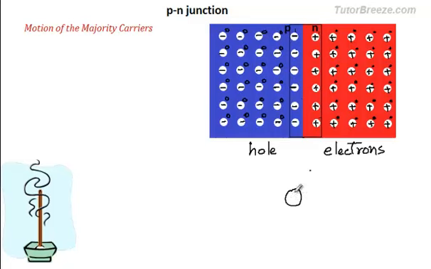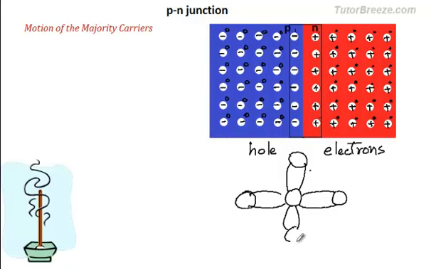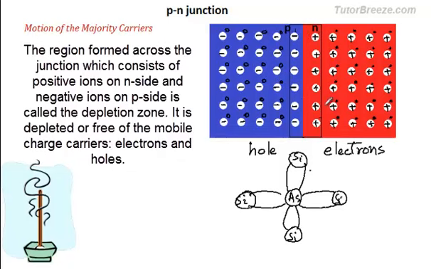If you recall, say this is the doped element. Now this is bound on all sides by covalent bonds. You have silicon atoms present over here on all sides, and let's say this was the dopant atom which was arsenic. So this ion cannot move, so these charges are not able to move. Now this region is called a depletion region because it is depleted of all free charges or mobile charge carriers.